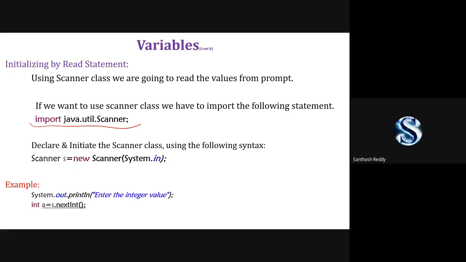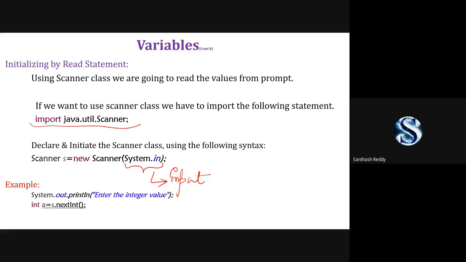It represents that we are going to take an input. Similar to how you create an object for your own class, the same way you create an object for the Scanner class also. But we have to pass a parameter which is known as System.in. It specifies that we are taking an input.